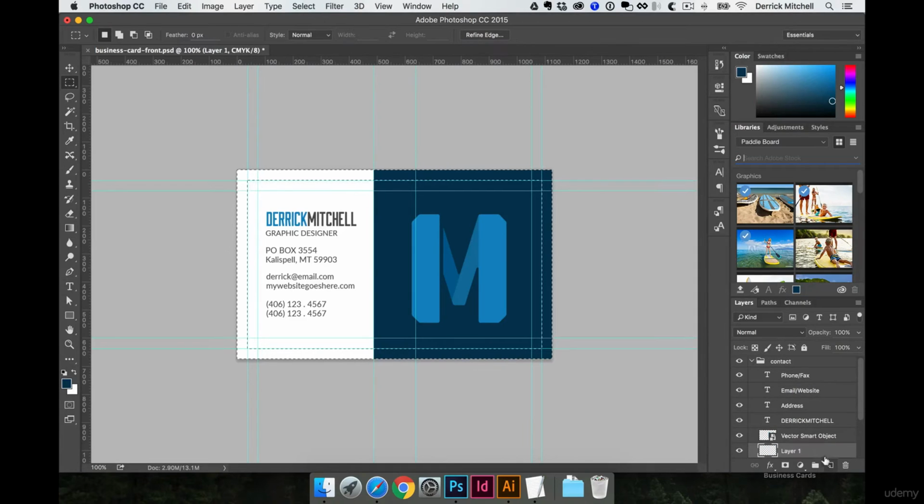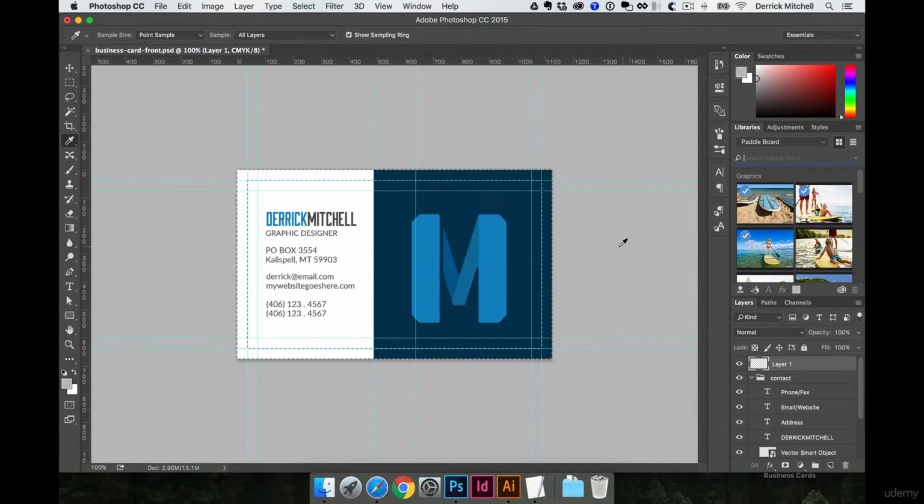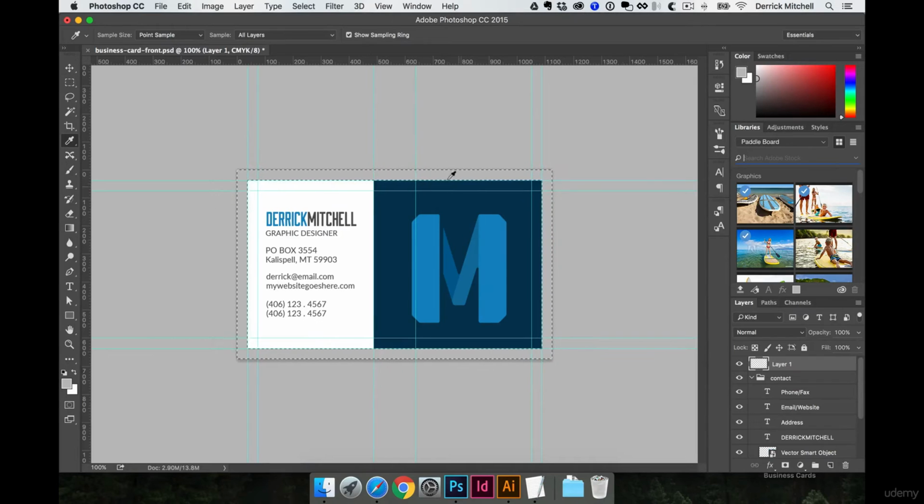I'll make a brand new layer, and I'll hit Command Shift right bracket to throw it all the way to the top. I'll hit the letter I to get my eyedropper tool, and I'll sample the canvas color, and I'll hit Alt Delete to fill just that selection area with the canvas color. And I usually just call this layer Bleed Mask, because I'm literally masking my bleed,